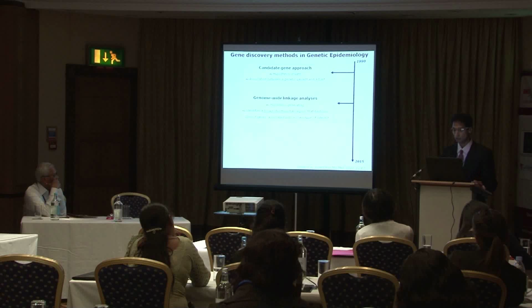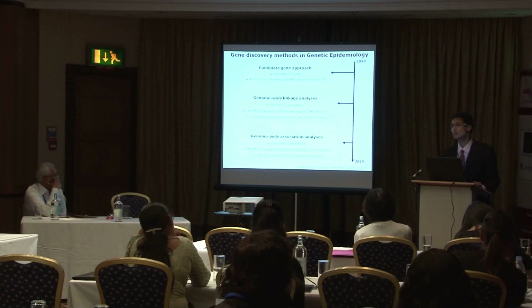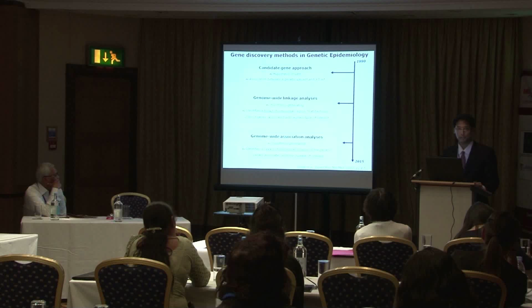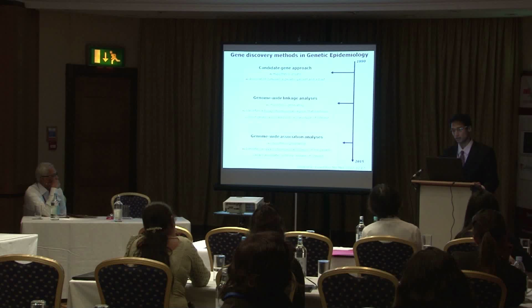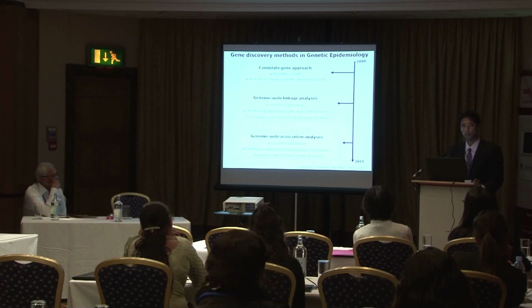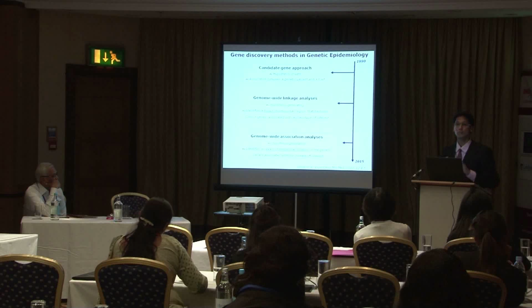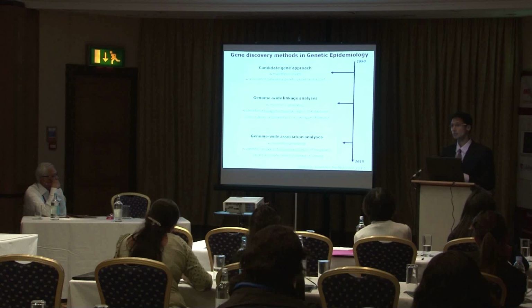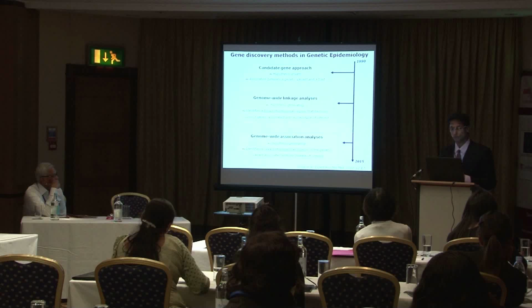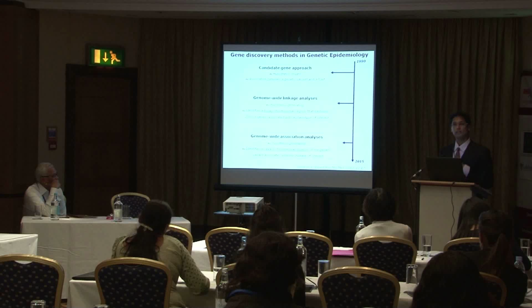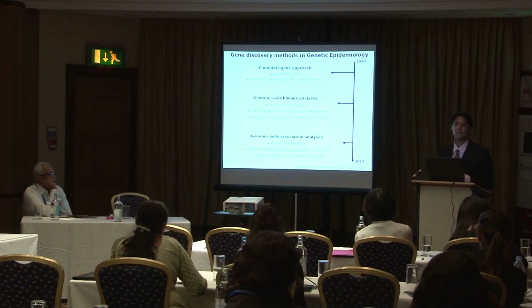Overcoming all these problems, in mid-2005, exactly 10 years ago, we had the genome-wide association approach, which is another hypothesis-generating approach, and this can identify the exact chromosomal location of the genetic variant. The three main advantages of this approach are that it's cost-effective, it has much greater resolution, and thirdly, it does not require a population of related individuals. It might sound like the genome-wide association study is the best approach in genetic epidemiology, but that's not true, because several researchers are still using candidate gene studies in various fields of genetic epidemiology,